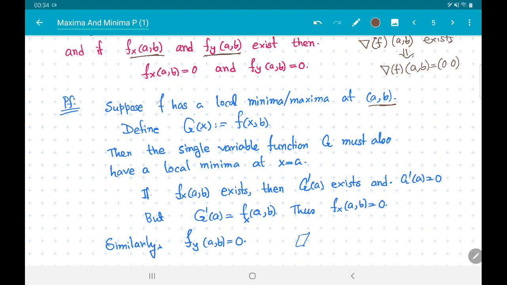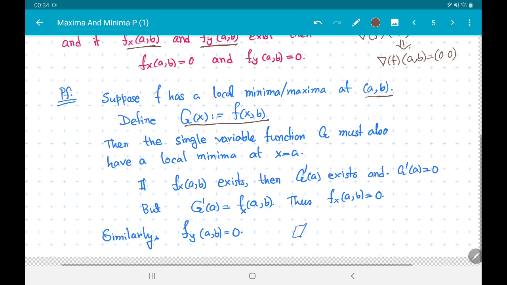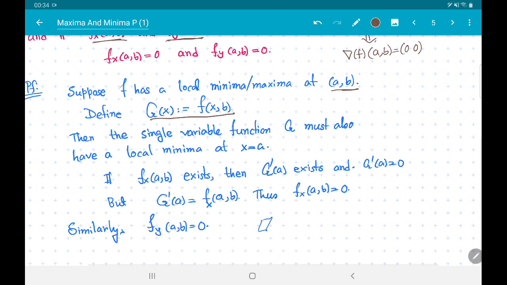So what we are going to do is define a function g(x), and this g(x) is defined as f(x, b). So we are going to fix y at the point b and we are going to vary x. So in other words, we are going to take the graph of the function and intersect the graph of the function with the plane y equal to b. Now this function g(x) that we are having here is a single variable function, and if f has a local minima or a local maxima, then g must also have a local maxima or a local minima